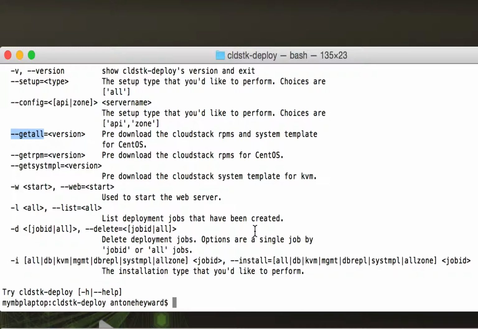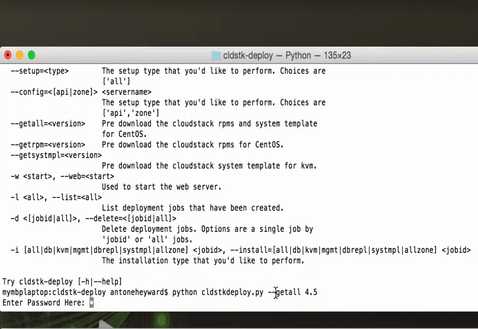After you do the setup and you install all your dependencies, you do a get all, and you do the version that you want. Now the get all will download the RPMs for Apache CloudStack 4.5 in this case, and also the system templates. Before, you had to do this in a separate process where you would do get RPM, then get system templates. I've added an option where you can just do it all in one fell swoop. So I'll go ahead and